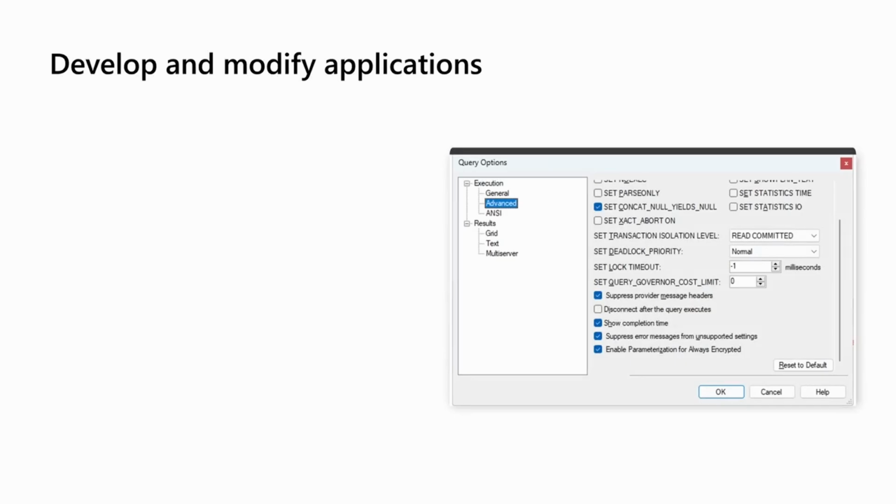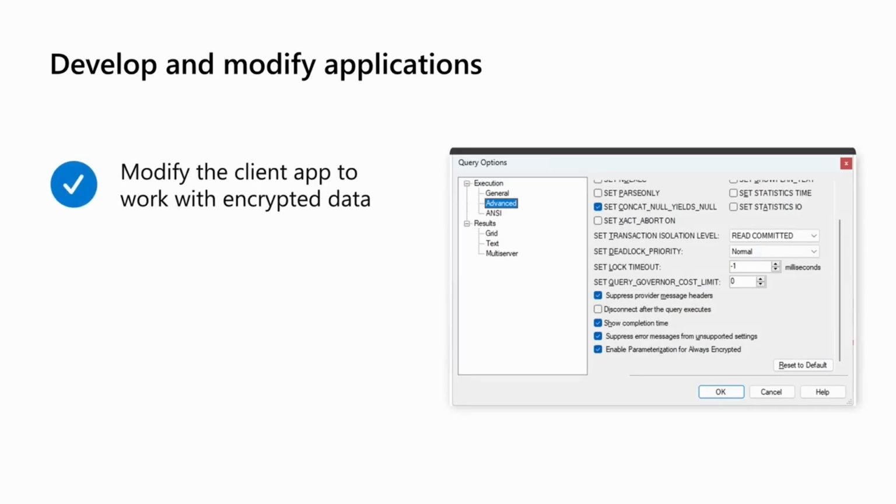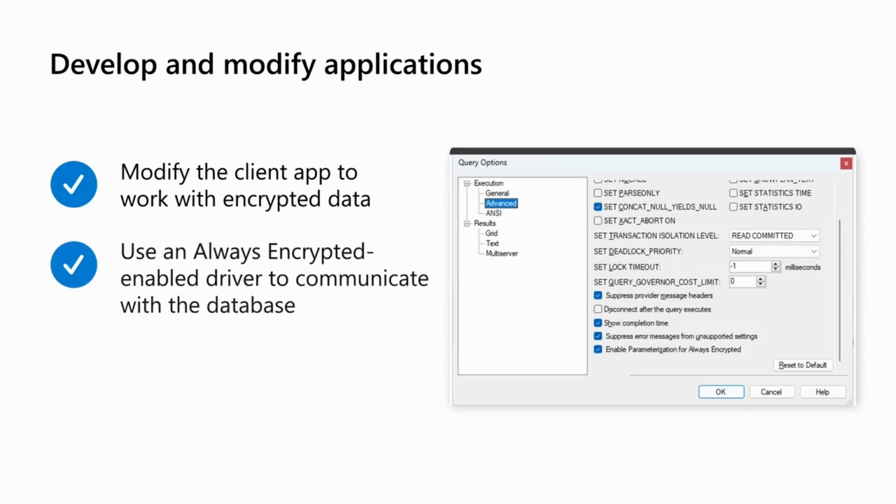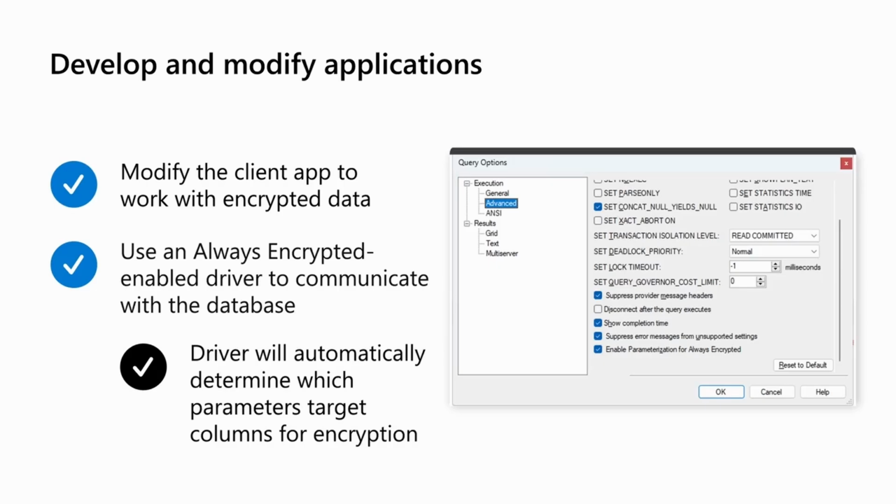Develop and modify applications. Client applications need to be modified to work with encrypted data. You must use an Always Encrypted enabled driver to communicate with the database. The driver will automatically determine which parameters target encrypted columns and should be encrypted when an application issues a parameterized